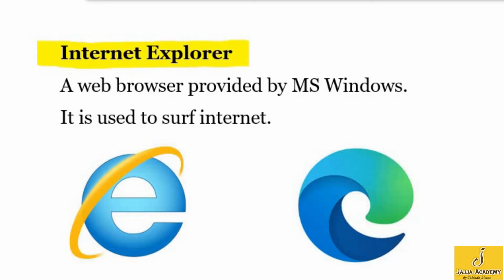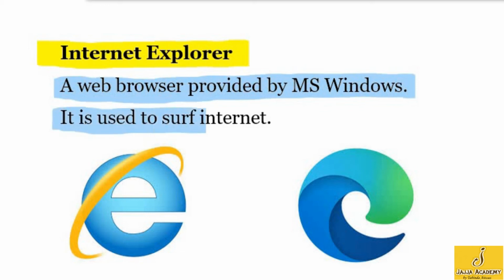The next very important object is Internet Explorer. Internet Explorer is used to browse, or it is used to find anything from internet. Microsoft Windows by default provides you an Internet Explorer from where you can access any content from the World Wide Web. It is used to serve internet. And as I told you before, the icons and the captions of icons depend on the Windows that you have installed on your computer.